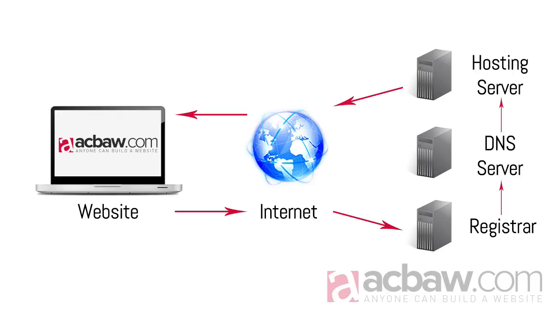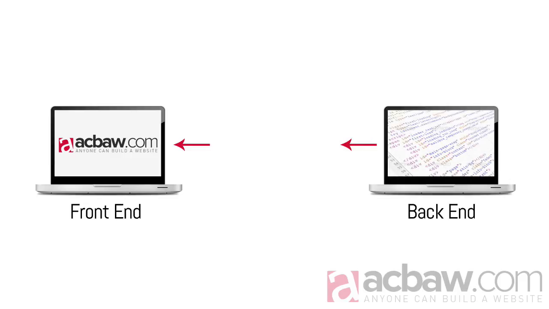So now we know how to host our website on the internet. But let's take a deeper look at how we manage what actually appears on our website. Let's start with the front end. This is effectively what a user will see when they type your domain into their browser. However, we couldn't have what appears on the front end without a back end. The back end is basically all the scripts and codes in multiple languages devised by a programmer to tell the front end exactly what to do and how to appear.